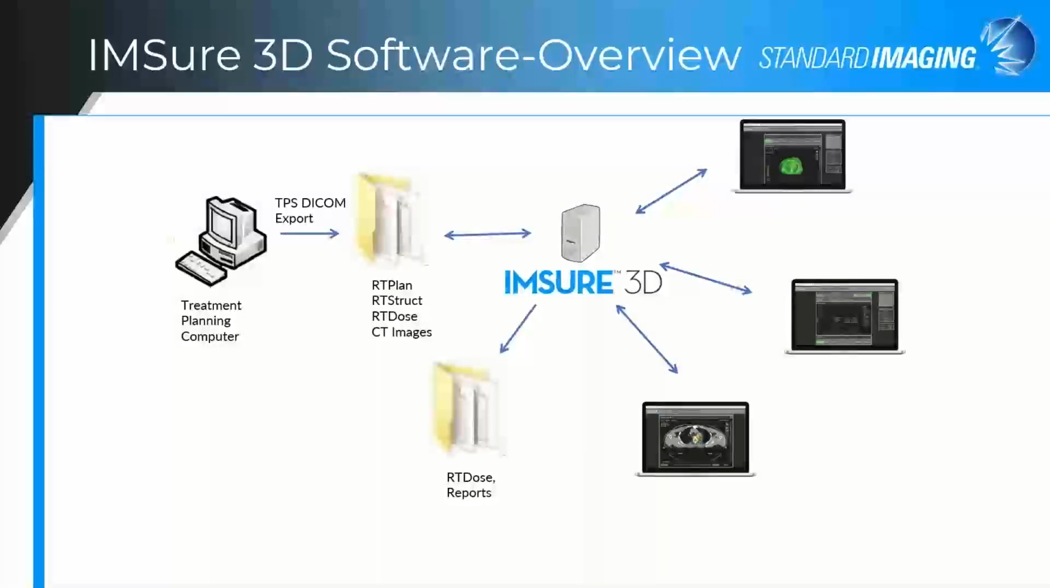So that you can see how IMSure 3D software fits into your clinic, I've put together a quick diagram. You can think of everything beginning with the treatment planning computer. From the treatment planning computer, once the plan is approved, one exports the RT plan, structures, dose, and CT images. IMSure monitors this export location, and upon finding new plans, automatically imports, launches a calculation, and generates the results and